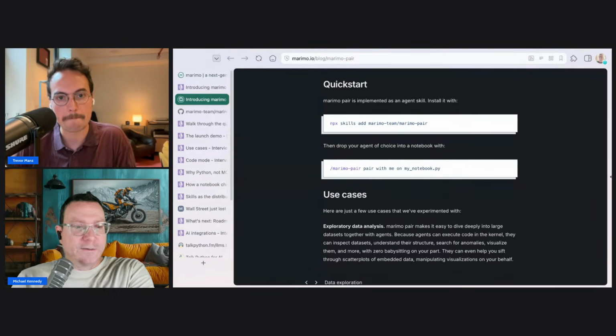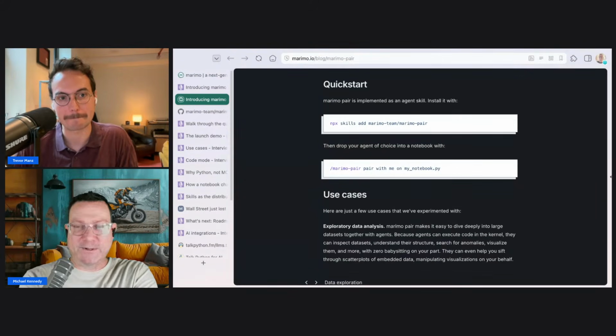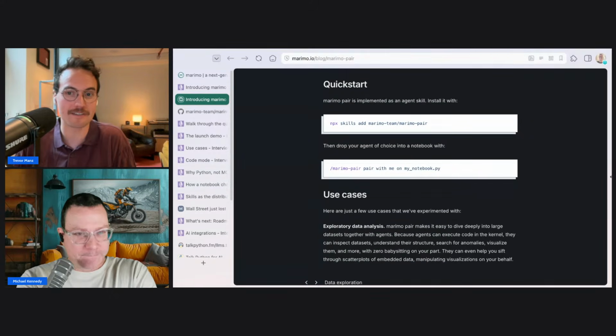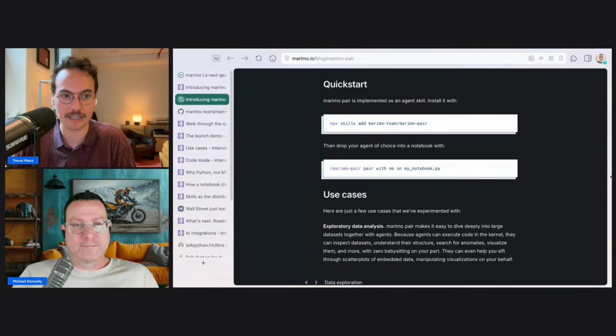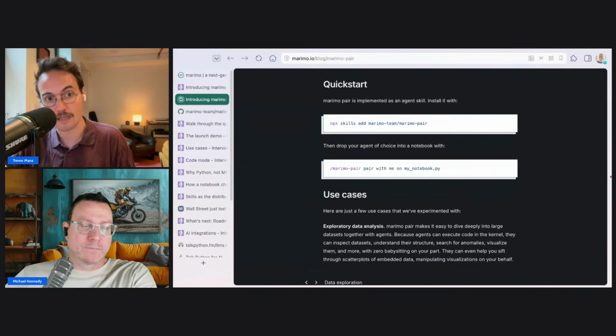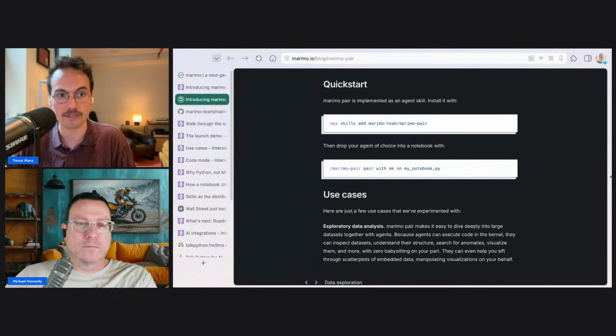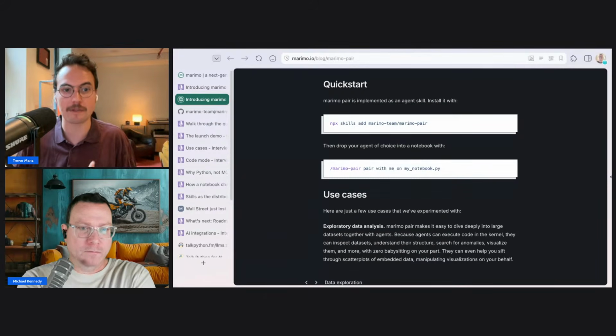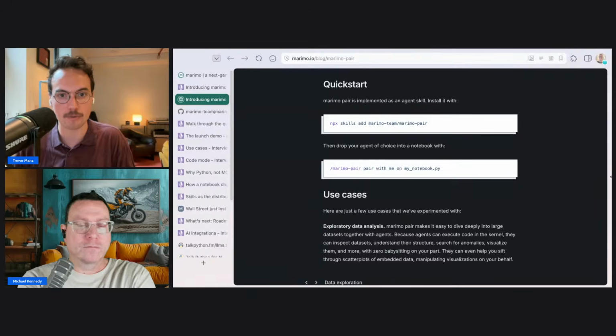Yeah, 100%. Lets you focus on the parts that actually matter, not just silly file formats and stuff like that, right? Yep. And we're lucky because Python's such a Swiss Army knife, it has such a rich ecosystem of ingesting data and working with data, that you can lean on that ecosystem plus the agent inside of the notebook to get your data into a format that is useful. But then that's the point that you step in and start to direct more about what direction you want to take that analysis.